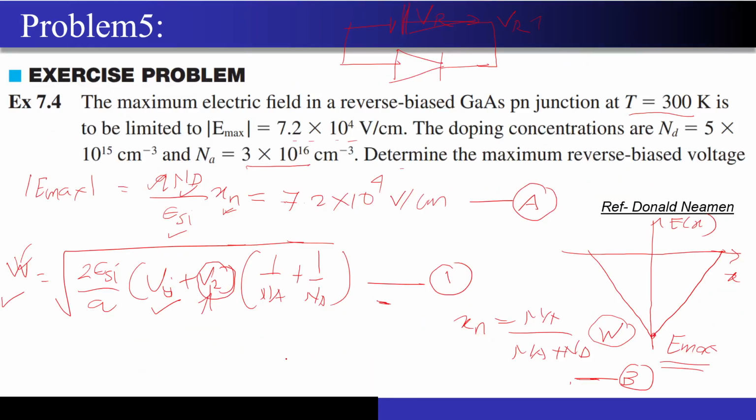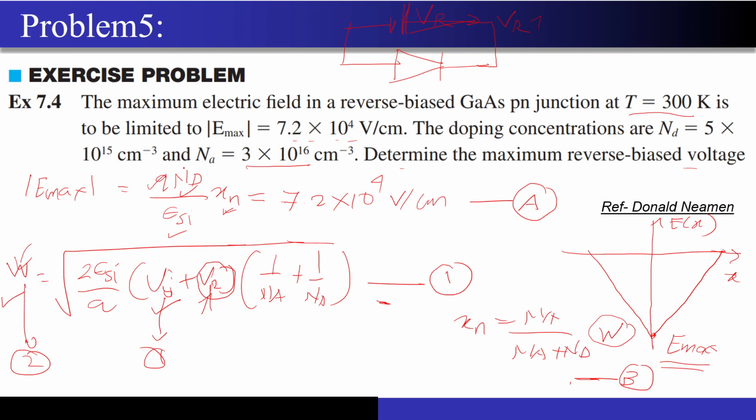I will just move on to the flow of the question again. They are asking us the maximum reverse bias voltage. I know there was only one equation where this reverse bias voltage appears, the formula for W, but I don't know the value of the built-in potential. This was the first thing, and W was the second thing that was not known to me. To find out the value of W, I tried to see what has been given. They gave me the value of maximum electric field, and the maximum electric field formula I already know: Q into ND into Xn upon epsilon SI.